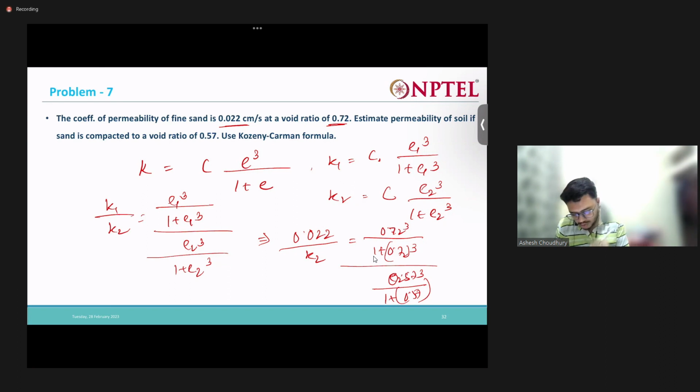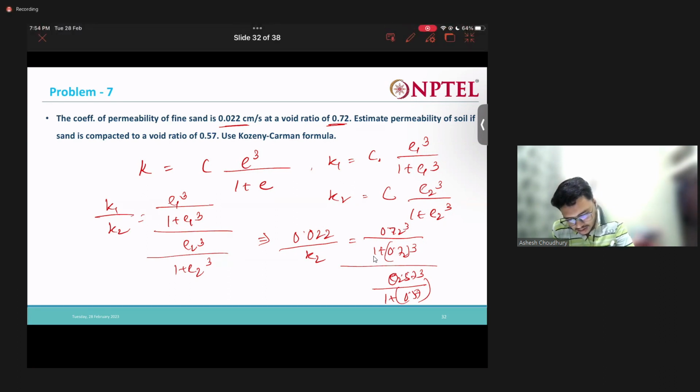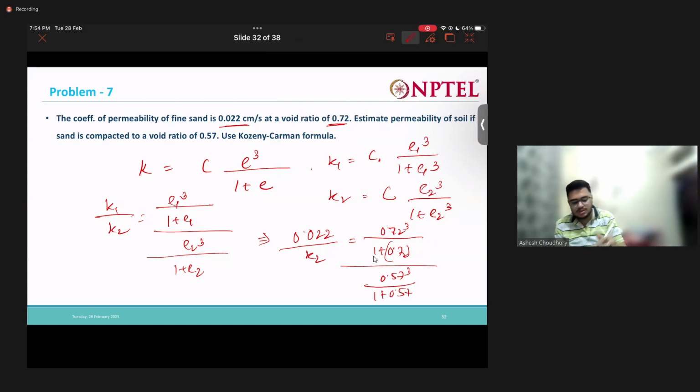Sorry, there is no cube below, right? There is no cube here. So you know all these values. If you just calculate it, you will get your k2 as